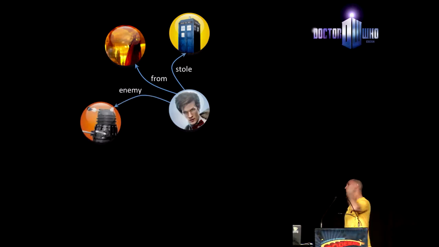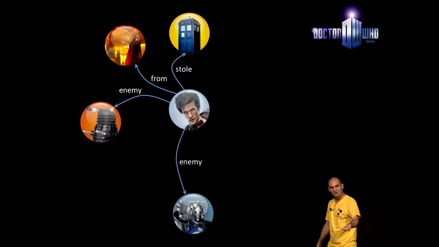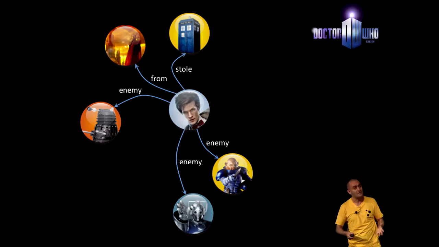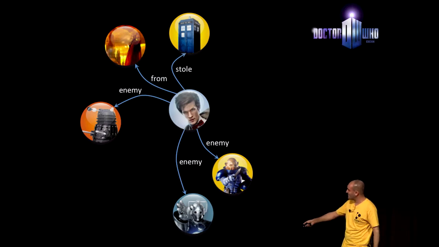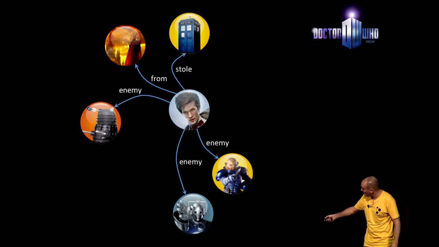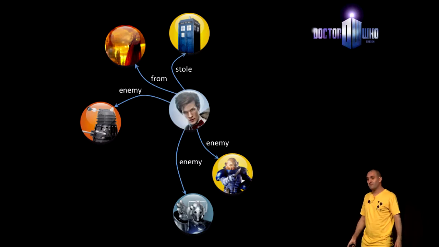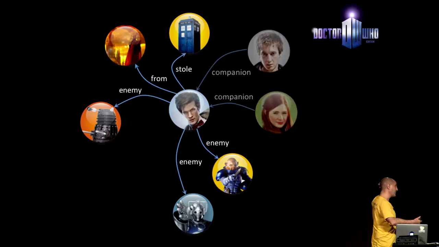So anyway, the Doctor barrels off through the universe, and he starts putting right things that have gone wrong, because he's a do-gooder, right? And in the course of doing this, he starts to create a network of enemies. It's kind of an anti-social network. And he becomes enemies of the Daleks, becomes enemies of the Cybermen, becomes enemies of the Sontarans.